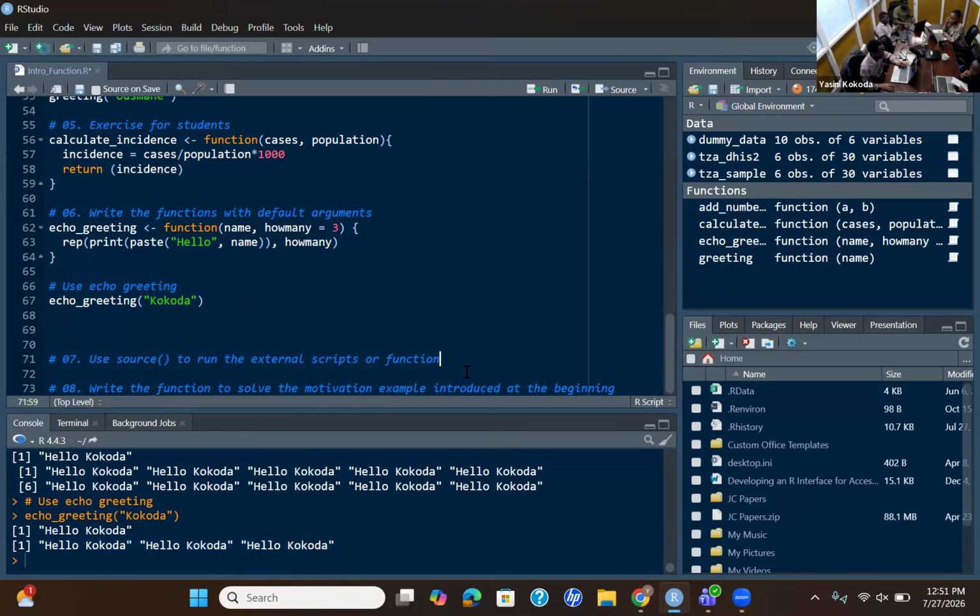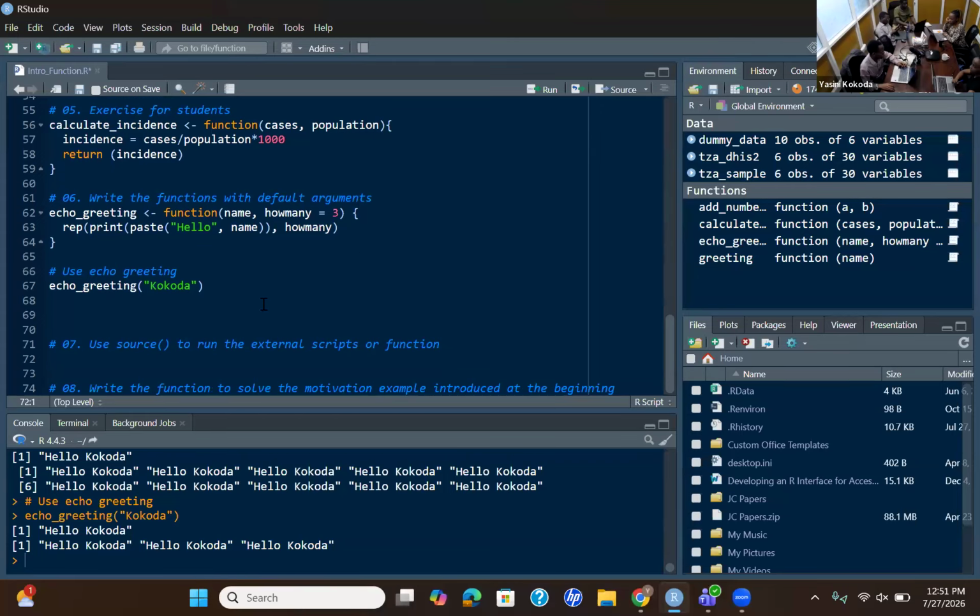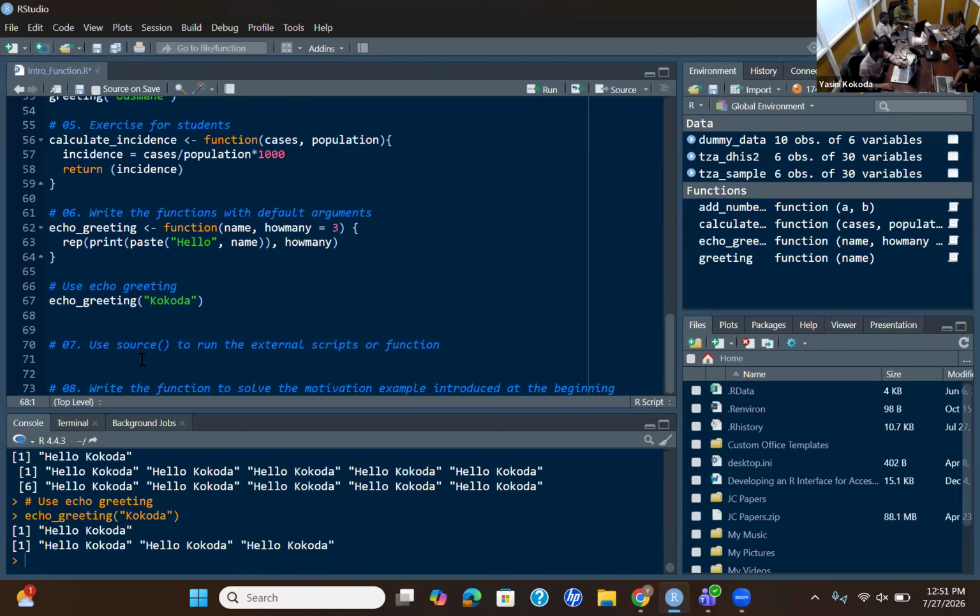The next thing we would like to talk about is this function called source. It is built into R, and the purpose of this function is that it helps you to run an external script.